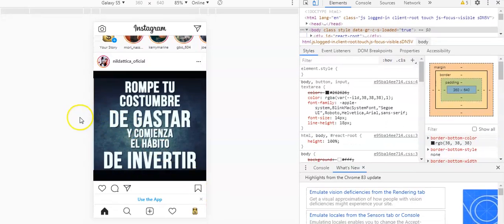Now it looks like the mobile version. Okay, now I will click on this icon